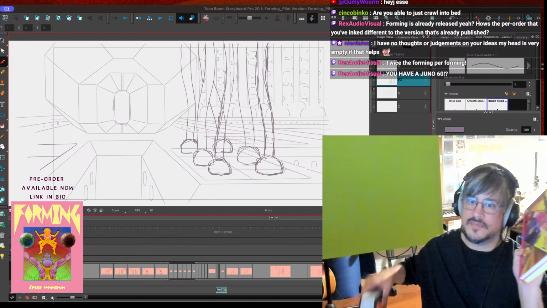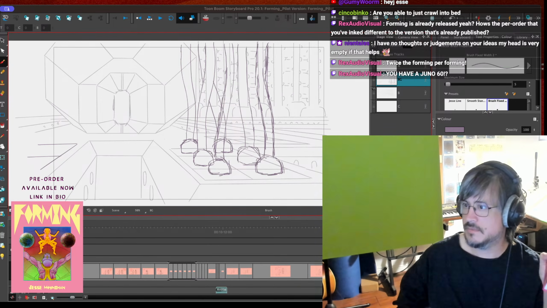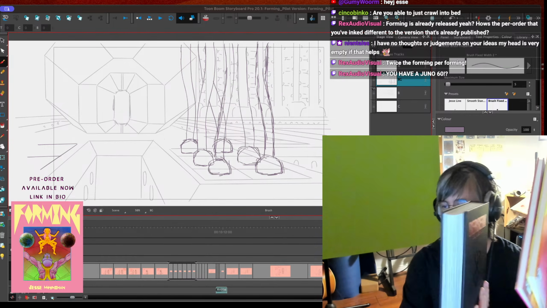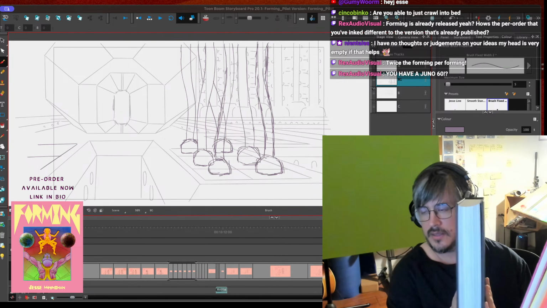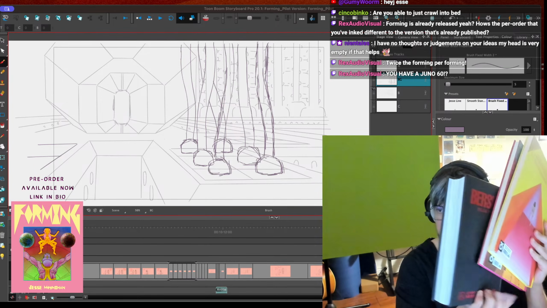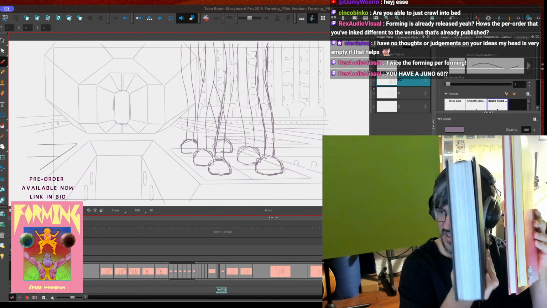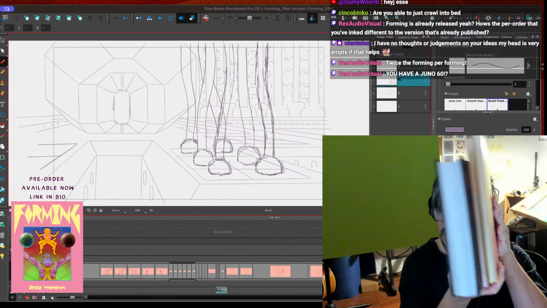I have a Juno 60. Yes, I never play it, but I do have it. Here's a volume of Berserk, and this is basically how thick the new forming is. So you can see it's about twice as thick.